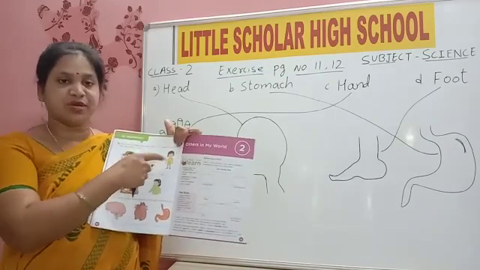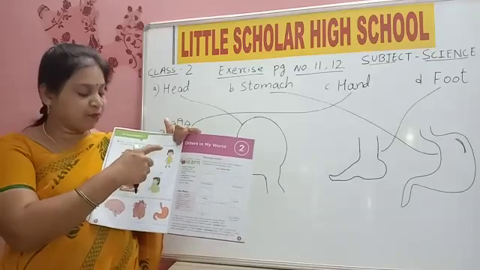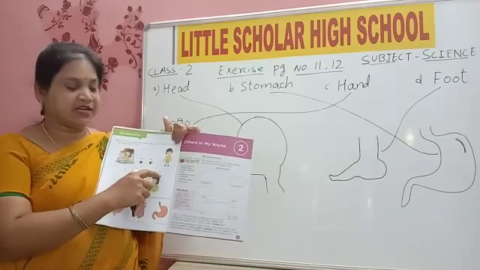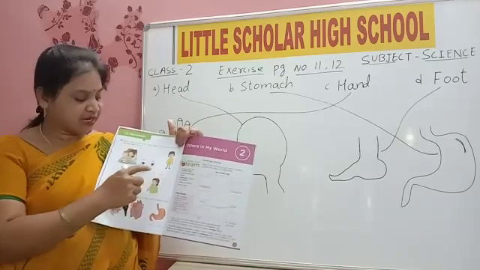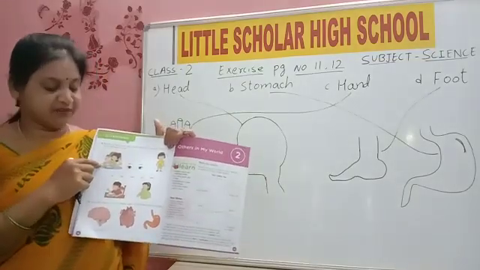What is this boy doing? He is listening to music. So, where is that? Ears. He is hearing music. Next, eyes seeing. Now what does this girl have in her plate?